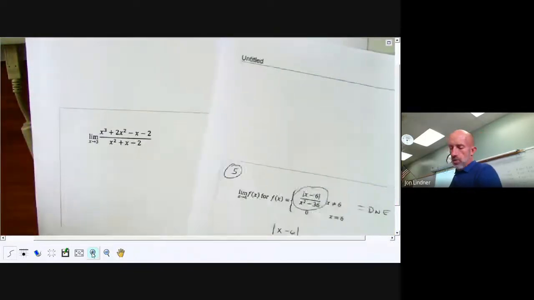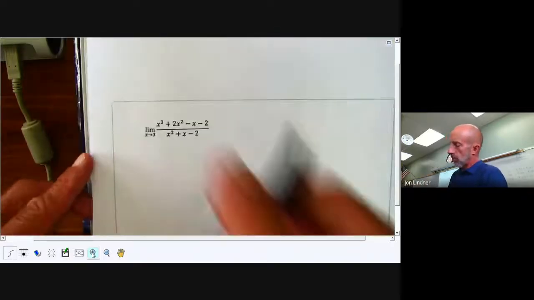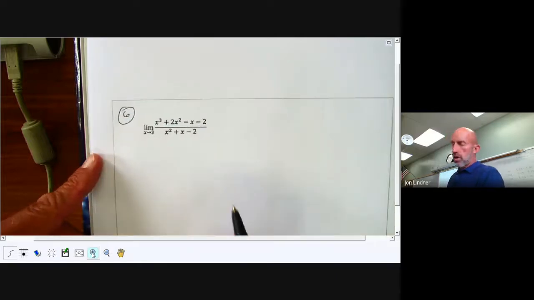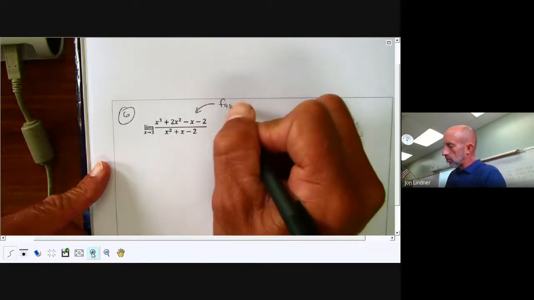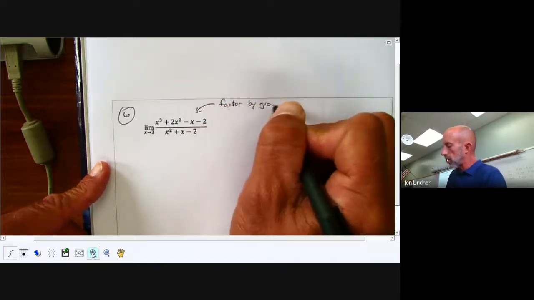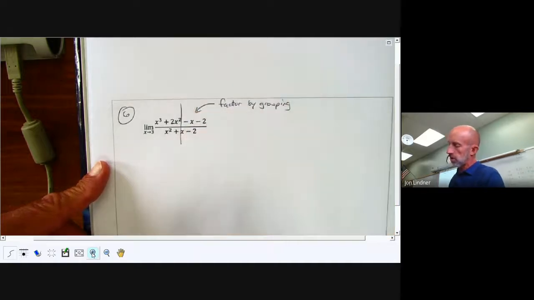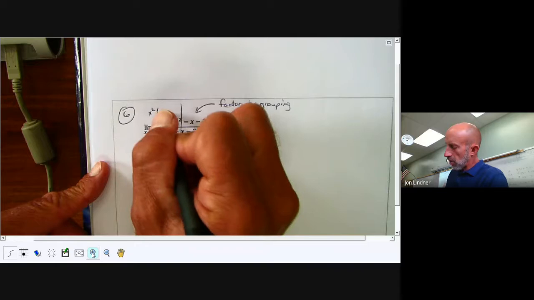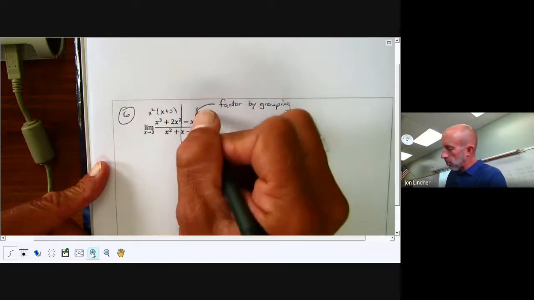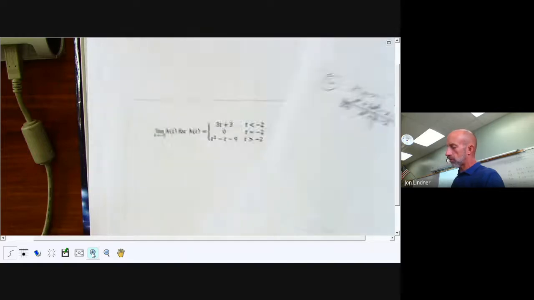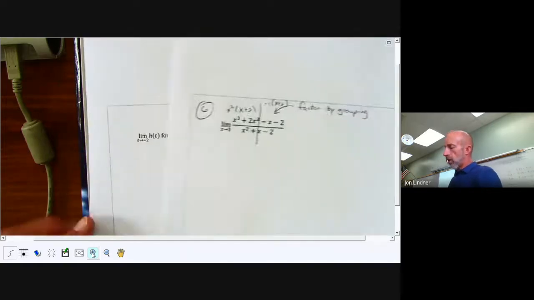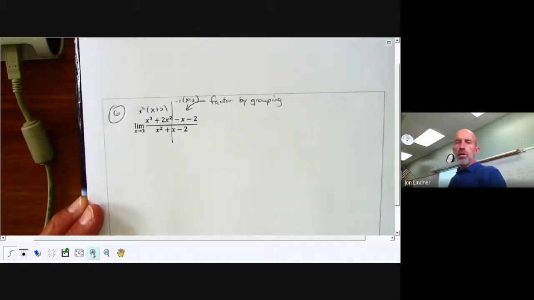And that way we had to kind of look at something a little bit different. Let me give you a couple of last minute tips here. This one, you know how to do this. This is factor by grouping. That's where you split it in half on top. That's where you do this. You pull out an x squared, you're left with an x plus 2, which means over here, I'm going to have an x plus 2, and I pull out a -1, okay, in case you forgot about that method of factoring. All right, and we're not going to have time to get to example 7, so we will stop there